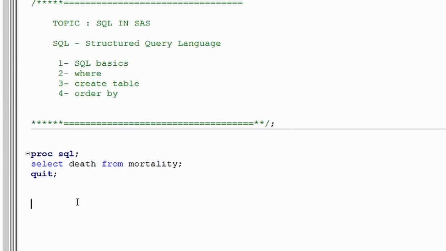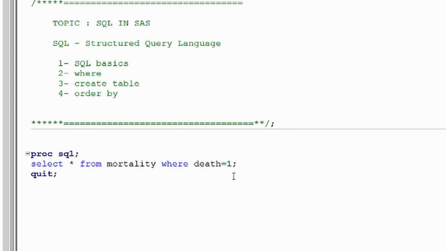I can do a couple more things in the select step. I can extract the data or print the data based on some condition. Let me first introduce one very important conditional clause, the where clause: where death equal to 1. I want to extract all the observations from the table mortality where death is 1.